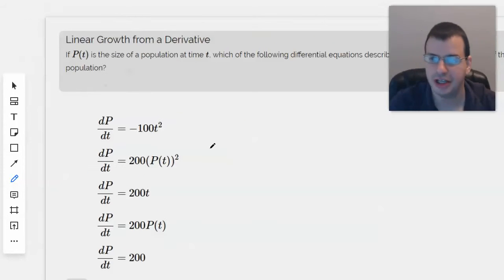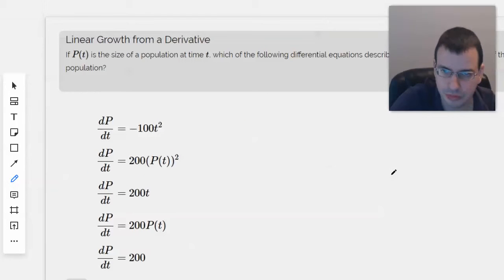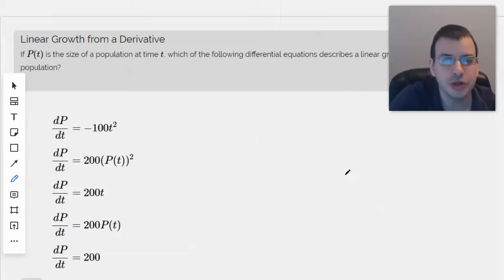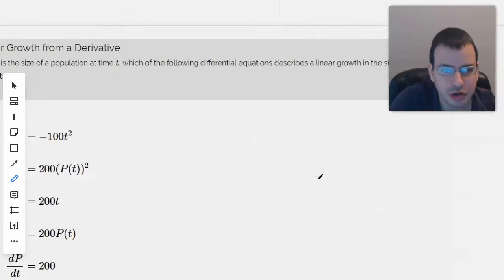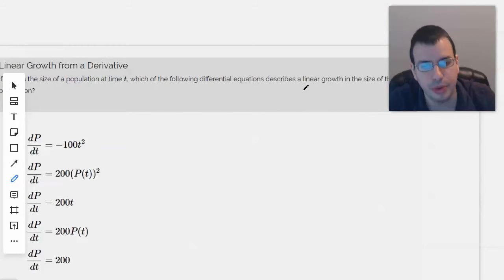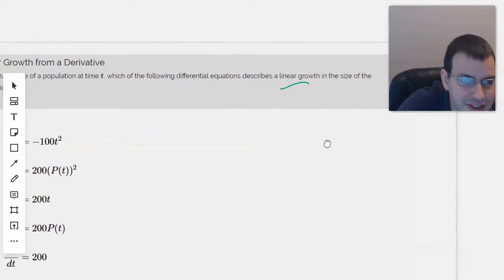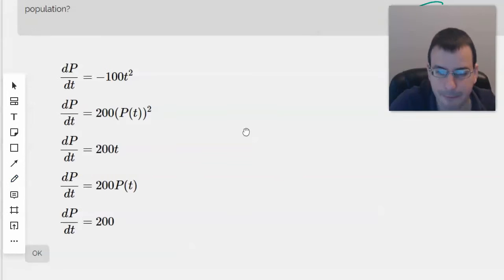If P of t is the size of population at time t, which of the following differential equations describes a linear growth in the size of the population? Okay, so